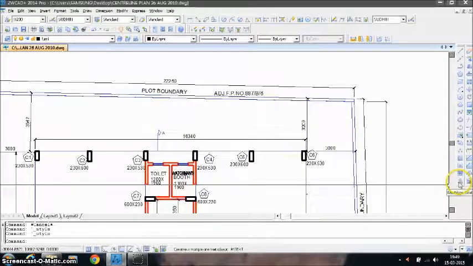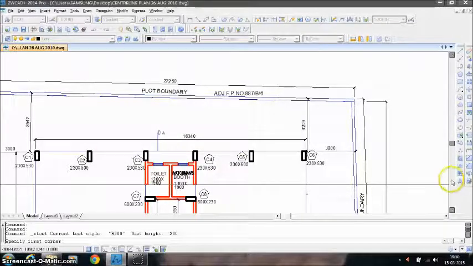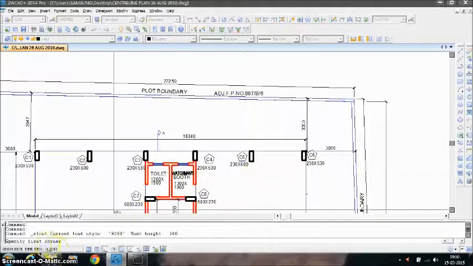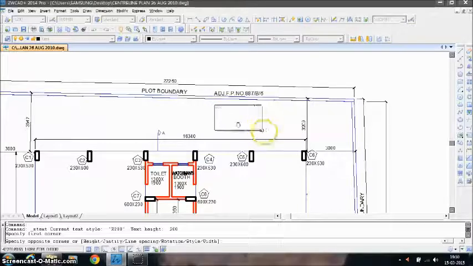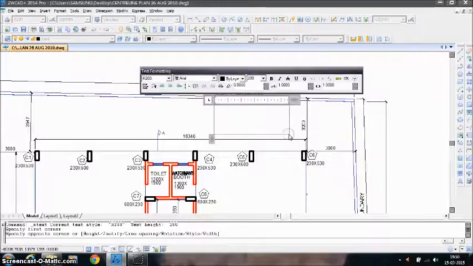If you go here, there is a symbol like an A, and this is called multi-line text, or mtext. Just click on mtext here, and AutoCAD is going to ask you to specify a first corner. So you specify a first corner, and then it asks you to give a box in which the text is going to be fitted. Just give this box. As soon as this box is given, you will come across a text formatting menu here. AutoCAD is now asking you to enter text here.